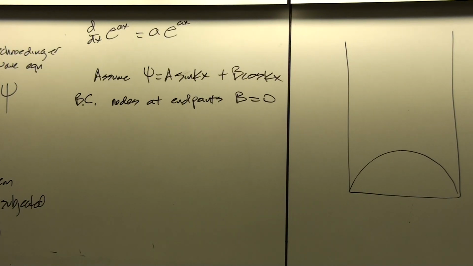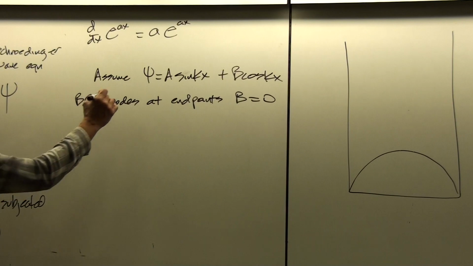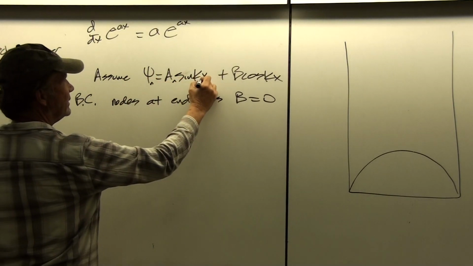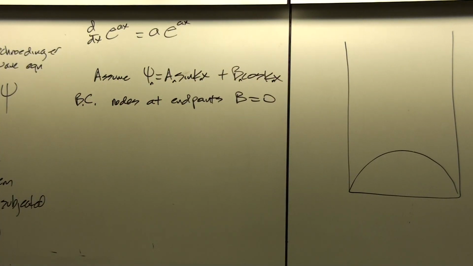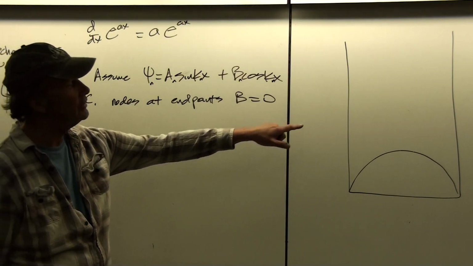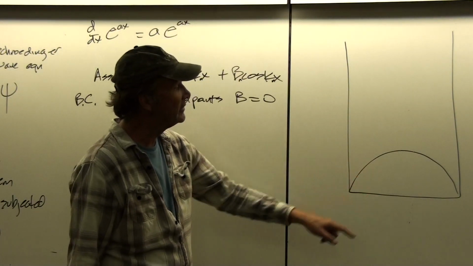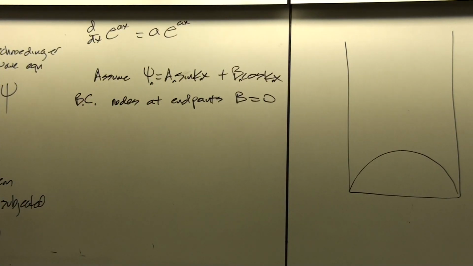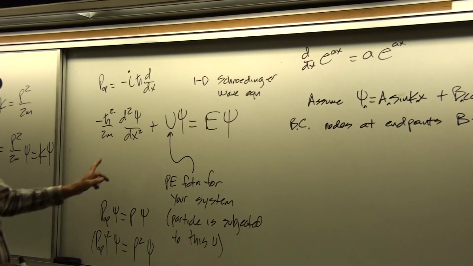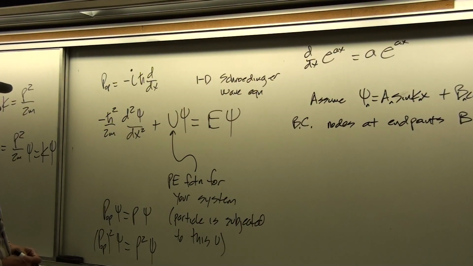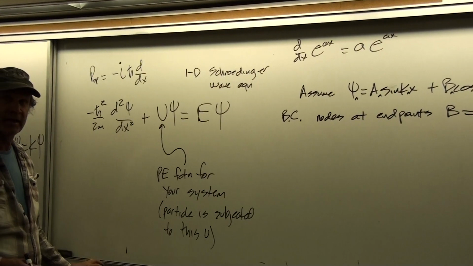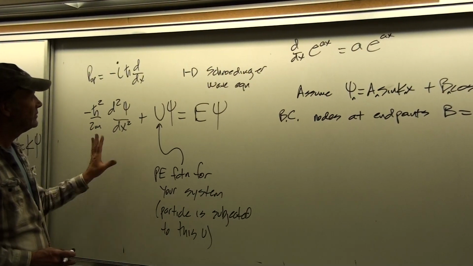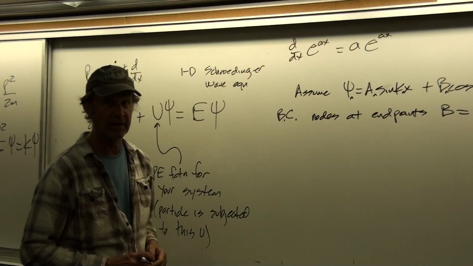And this would be true for all of the different harmonics. So we could write this as A_n sin(k_n x) + B_n cos(k_n x), because we know that there are going to be a whole bunch of solutions. We already saw that was true for our particle in a box problem before, that there are a whole series of different values for psi that satisfy that equation. And so we just want to show that that solution is consistent with the results that we get from the Schrodinger equation here. And so that would give us confidence that maybe this would work for a more complicated kind of a problem too. And so that's the whole idea of why I introduced the particle in a box problem